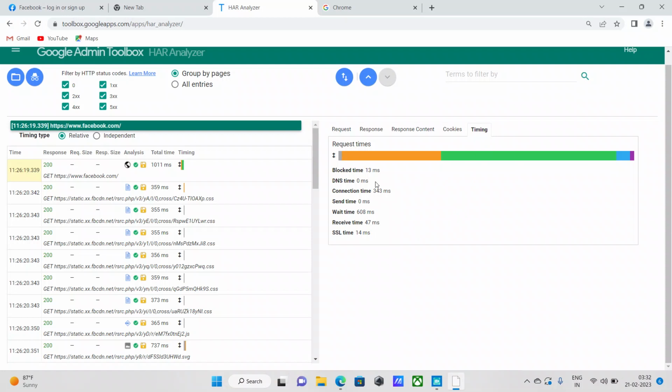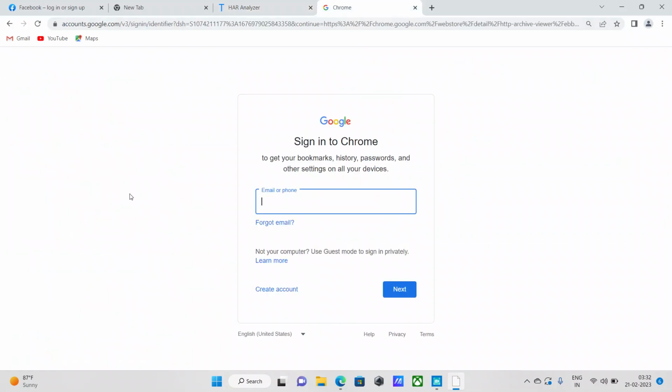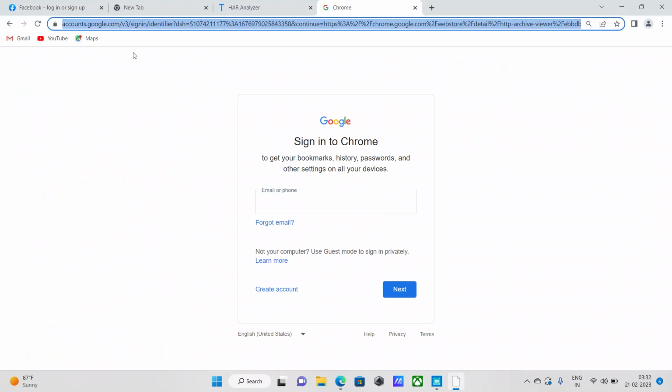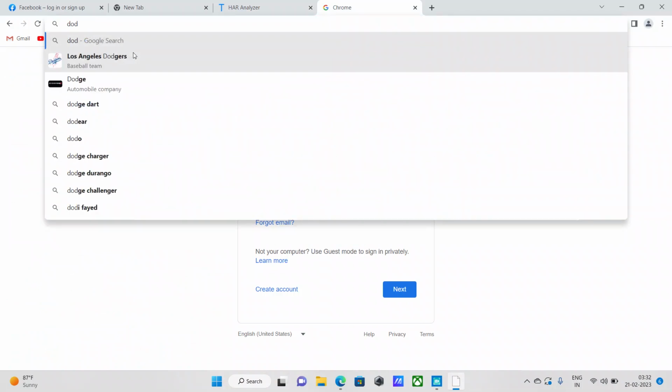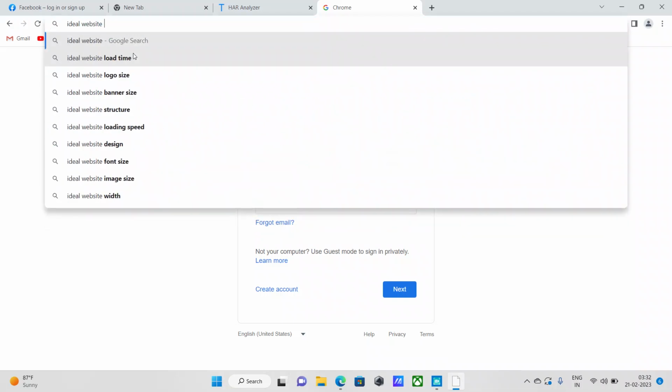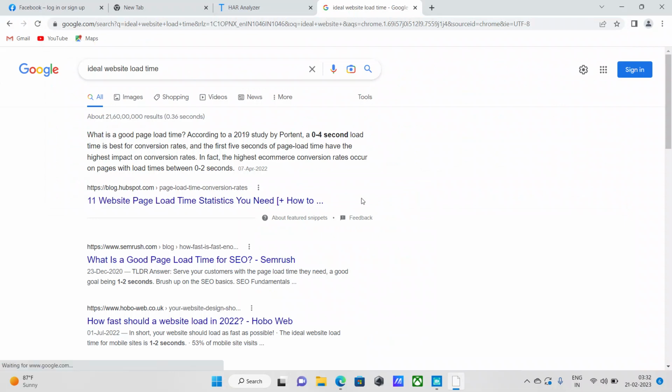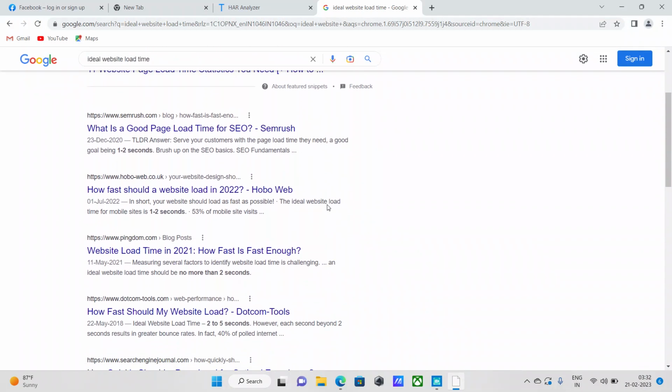Okay. And as you can see here, the overall wait time looks a bit, I mean, it's not an ideal wait time. Okay, it's between 100 and 200 milliseconds. Okay, I can just show you, just now, the ideal website load time. All right, so it is somewhere between, hmm,